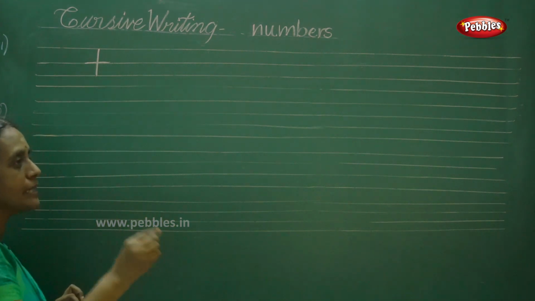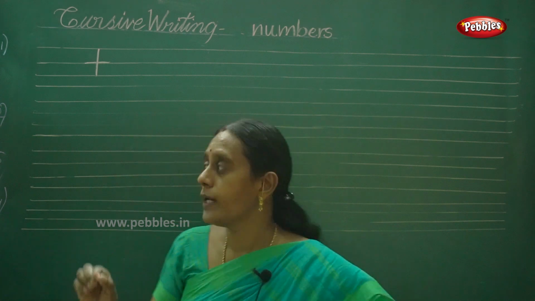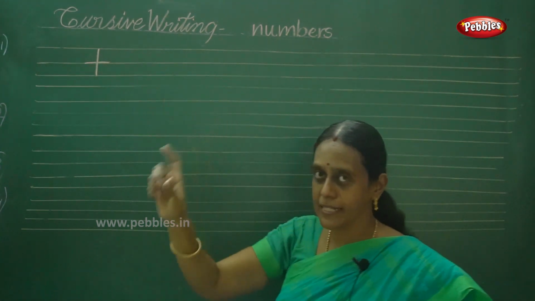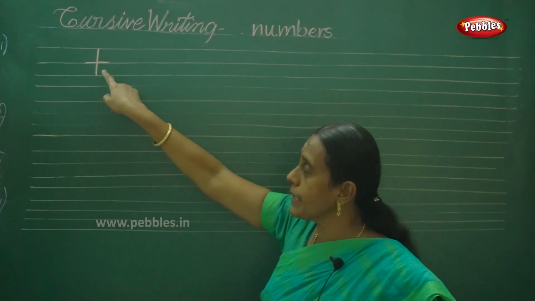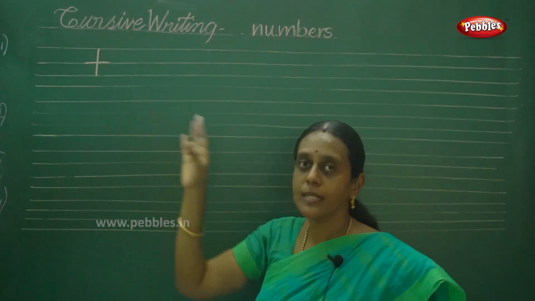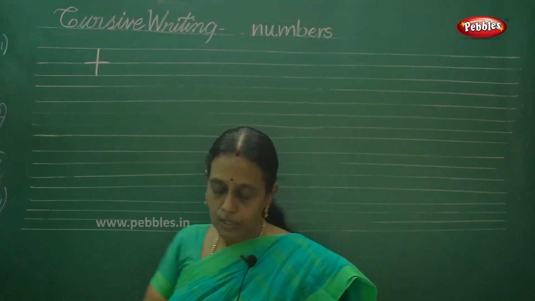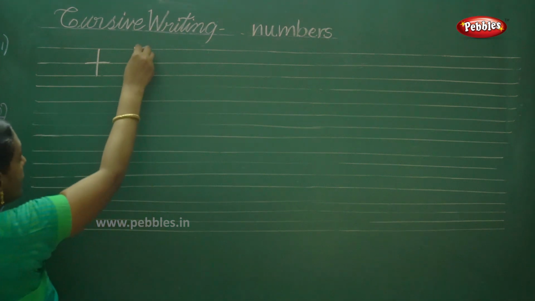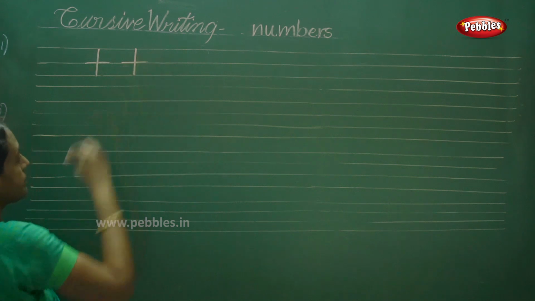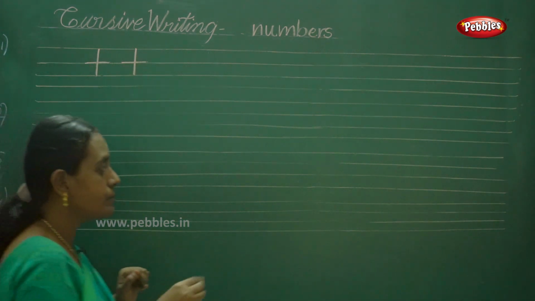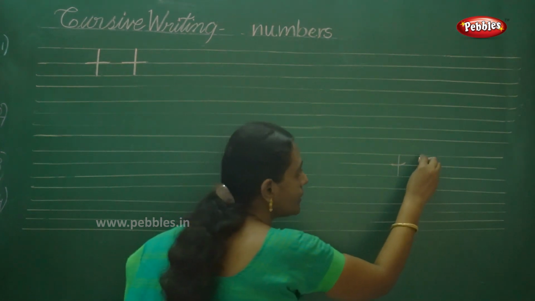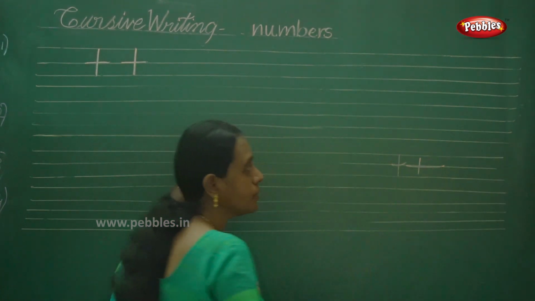You have to complete each basic stroke. That is the steeping line. You have to write the same size. The steeping line should be the equal size of the straight line. Both the lines are the same in size. I will show you. This is the straight line of the addition, and the same length you have to draw. This is the correct way. Some children write this way, where this one is short and this one is long.